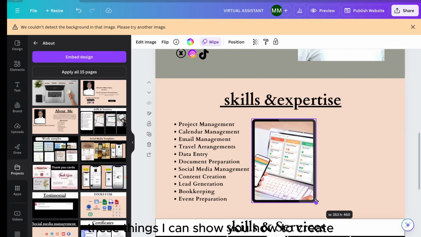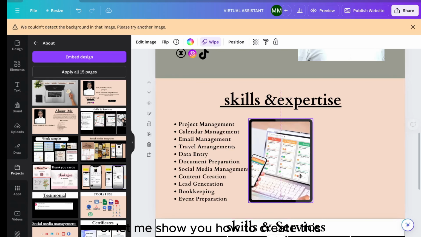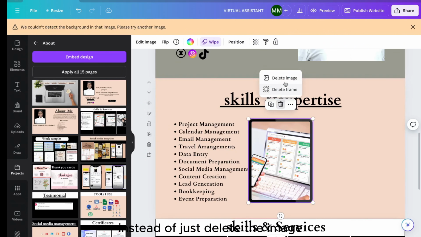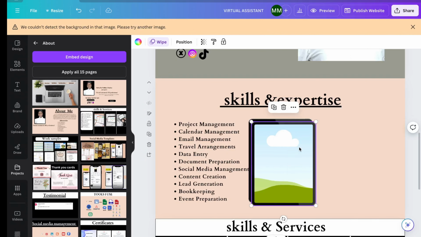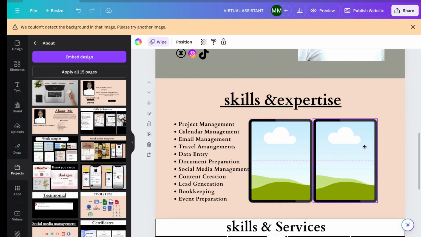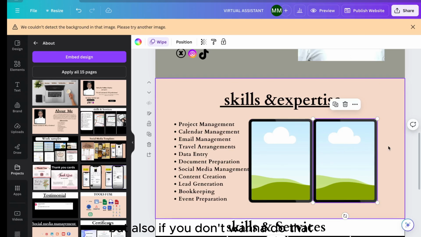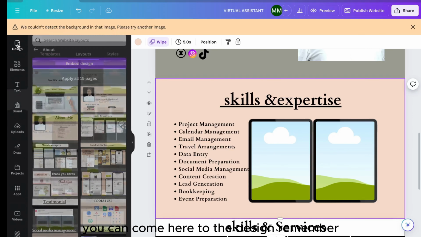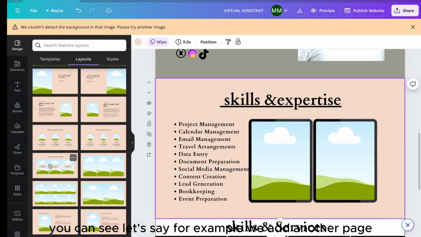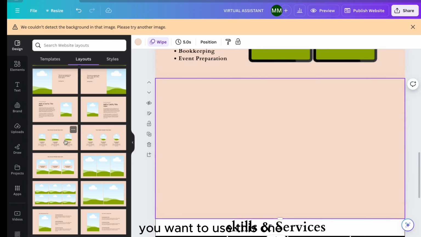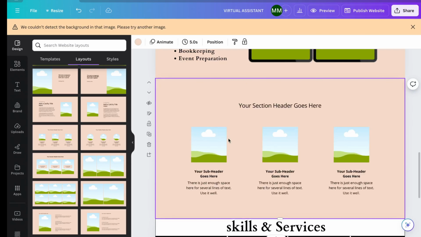These things I can show you how to create, or let me show you how to create this instead of just delete the image. So I'm gonna duplicate this, but also if you don't want to do that, you can come here to the design. Remember, we have these ones right here. You can see, let's say for example we add another page, we want to use this one. You can come here,